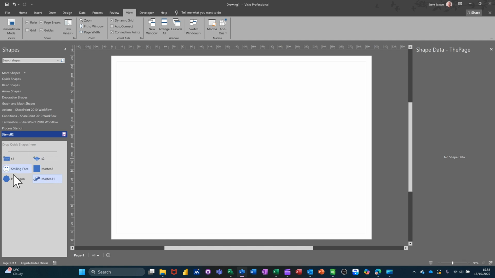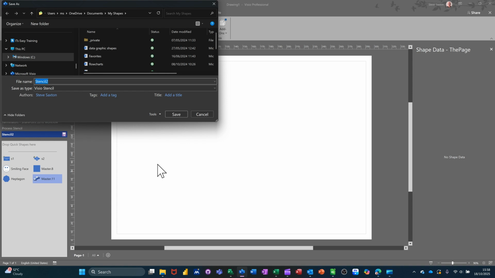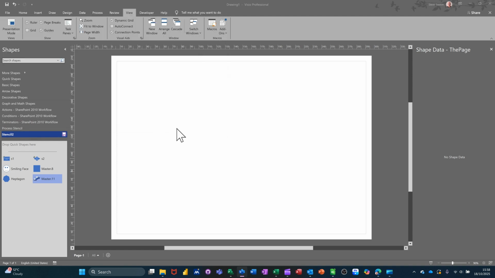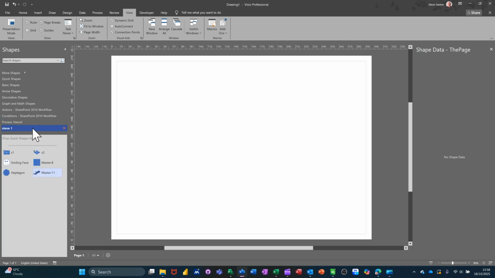Now once you've done that and you're happy, you save this stencil and give it a name, and it will sit with all the other ones in your list. So I'll call this Steve 1, and then just save that, and I can get that any where I want, any other template that I want. If you don't want this open, or any of these other ones that you've got in, you can just right click and close that stencil. You're not going to delete it. Close,